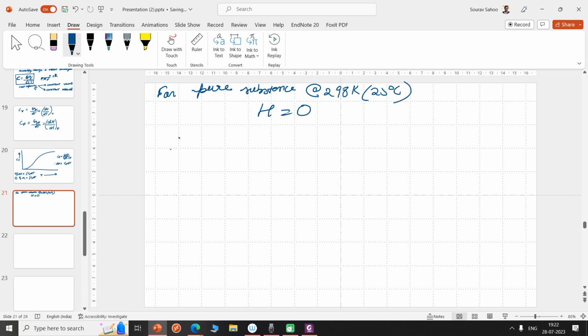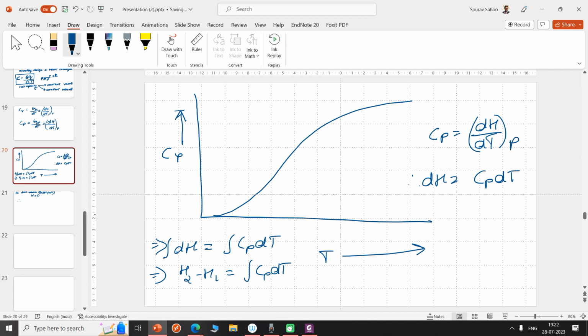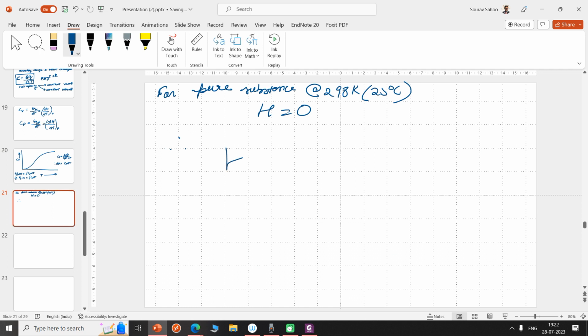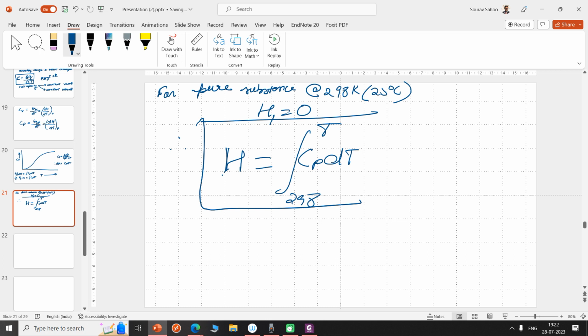Therefore, since we are talking about equilibria, there is a phase transformation. So my initial part is my enthalpy at initial room temperature, and this is taken as 0. So my final enthalpy will be H, because delta H, the initial H1 we have taken as 0, so H is equal to simply the integration of the specific heat to temperature starting from 298 to the final temperature where we observe the phase transition. And if I just plot it on a graph,